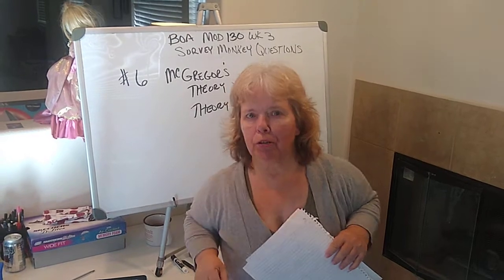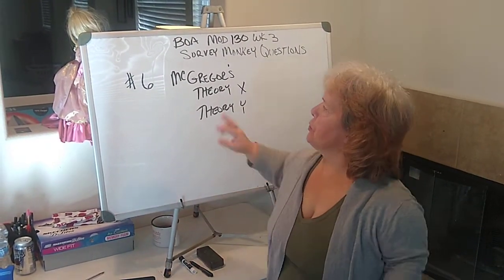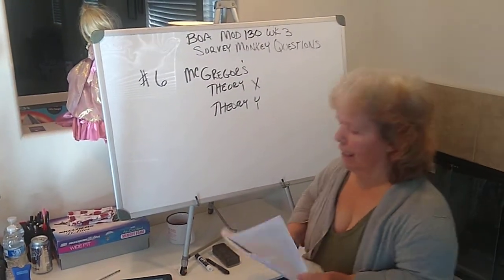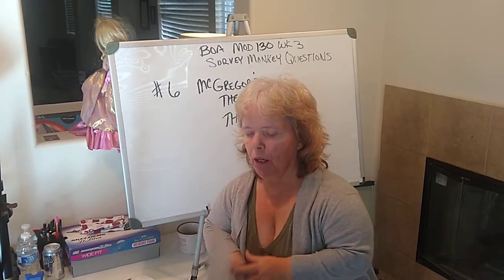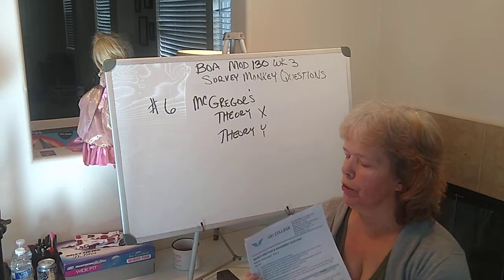Yesterday I went over SurveyMonkey questions 1 through 5. Today I'm going to do 6 through 10. So, number 6, and again, this is found on your weekly week 3 objectives and questions, which I sent out